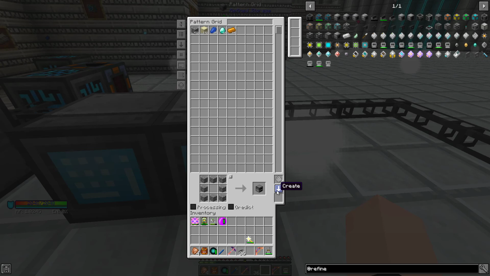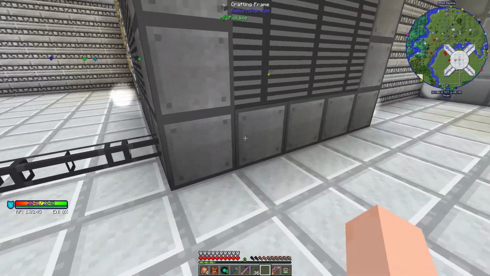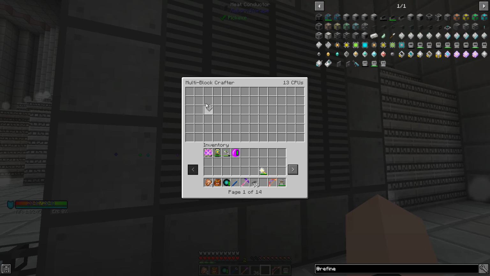As you can see, it says create. Now it says the pattern's obviously 1 times furnace. That's great. If you hold shift on the keyboard, you'll be able to see the icon for it as well. Isn't that nice? So what we'll now do, we'll just put this in here, left click,